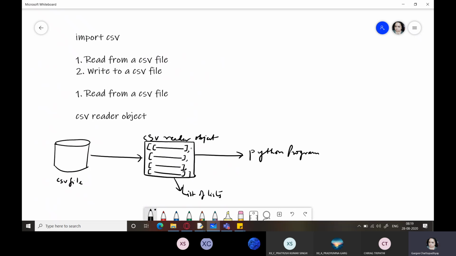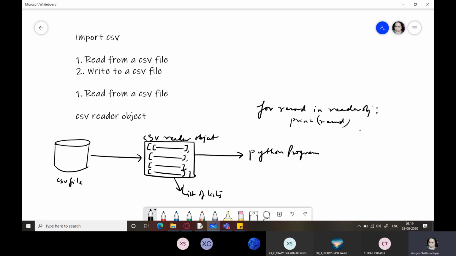You can extract records from this CSV reader just like you extract records from a list. So you can simply use a statement like, one second students, for record in reader object, print record.